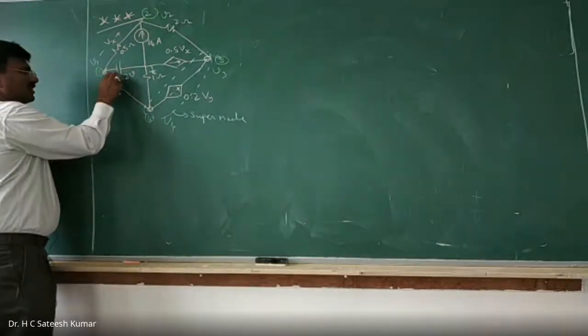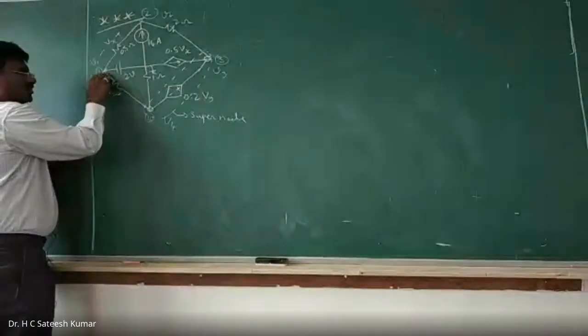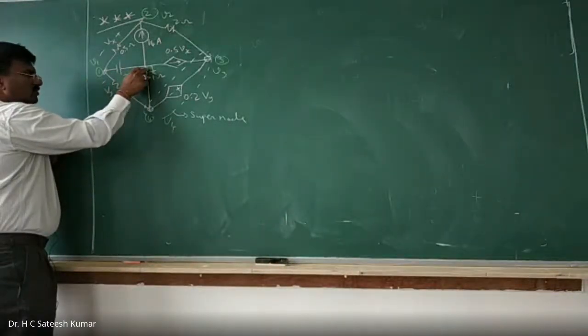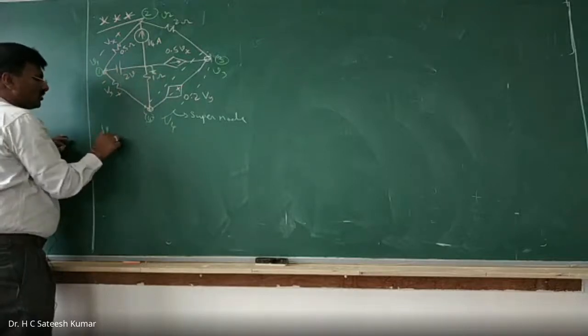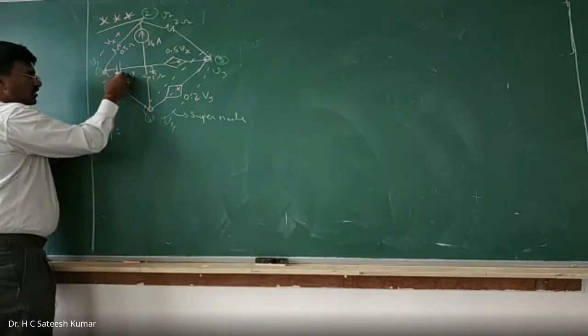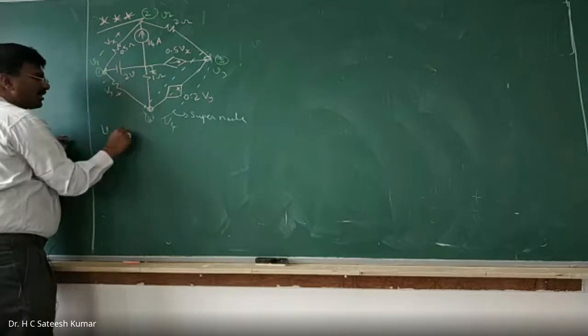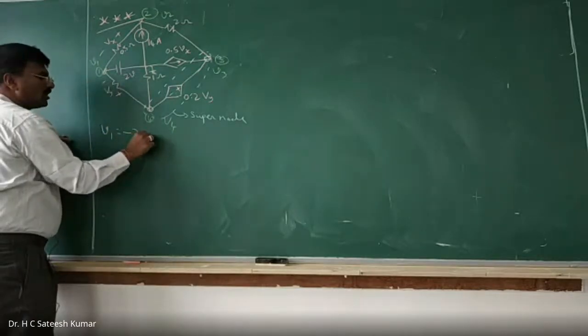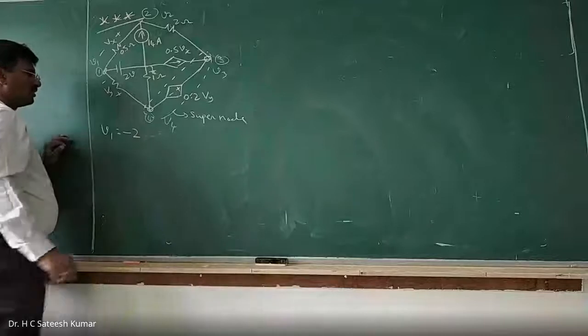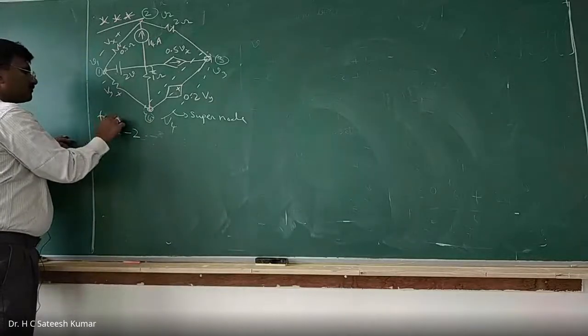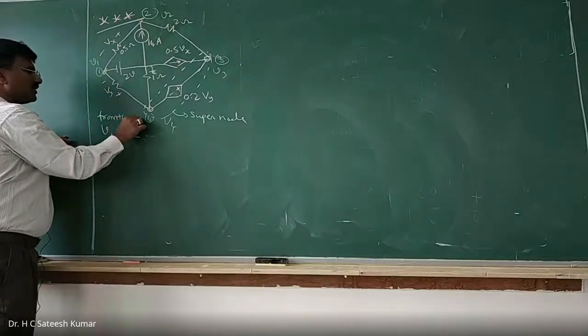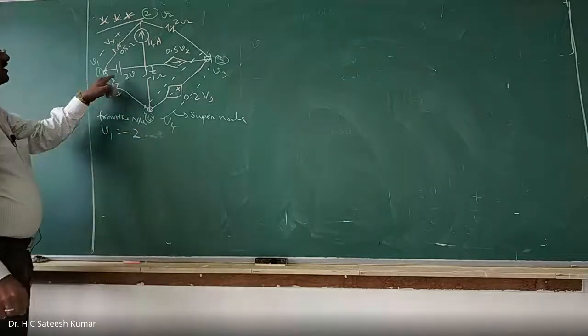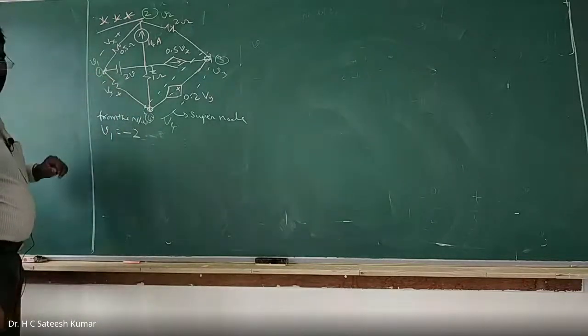Now, what is it that we have from this network? Whenever a voltage source is connected between a principal and ground node, then what is that voltage? Therefore, the voltage is equal to the source voltage itself. But the negative is connected, therefore, we will have -2. Call this equation -2 only. Okay, right? From the network, we have V1 is equal to -2 because negative is connected here.